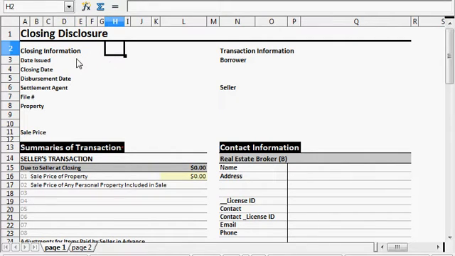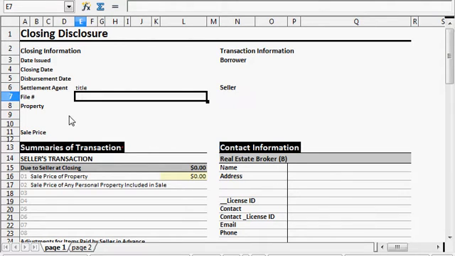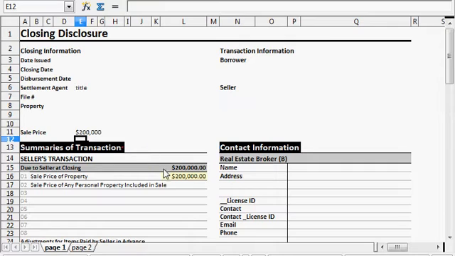You can come over here, date issued, enter in your dates, settlement agent. You just put your title company in there. Whatever you want to type in there, anything that you want, you can type in any of these lines. Sale price goes down here. And it has auto calculation formulas, so you see when you put the price in there, it automatically comes down